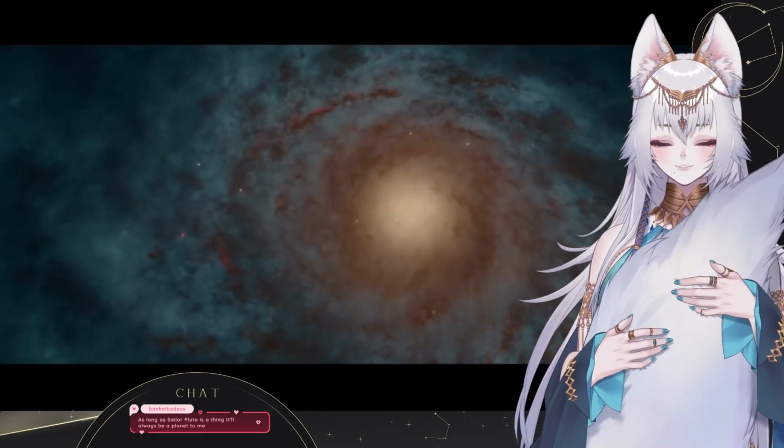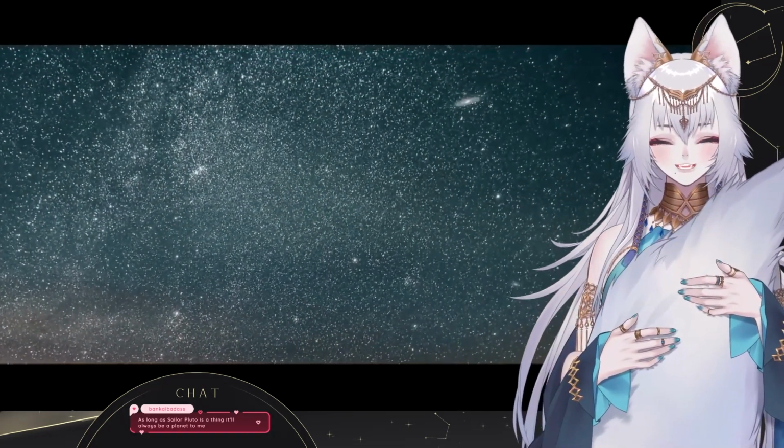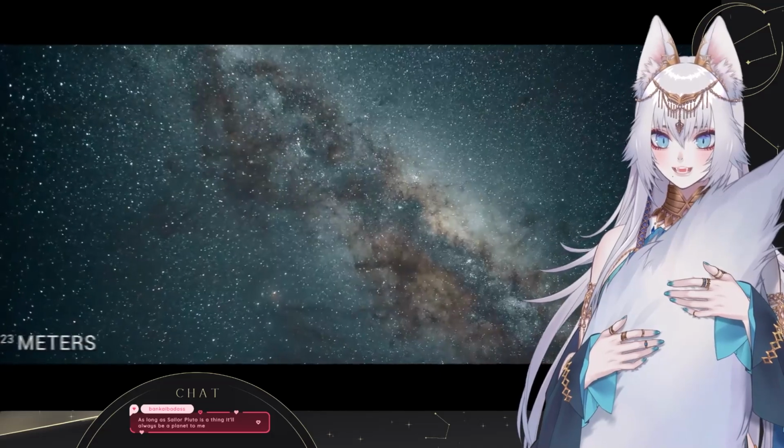When you think about Andromeda, you can actually see Andromeda in the night sky with a simple pair of binoculars or a normal telescope. At 10 to the 23 meters,